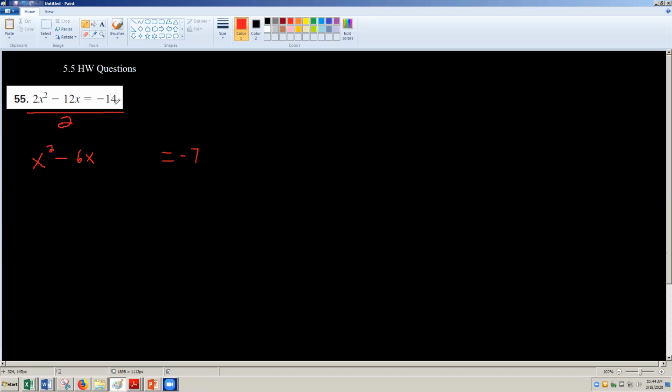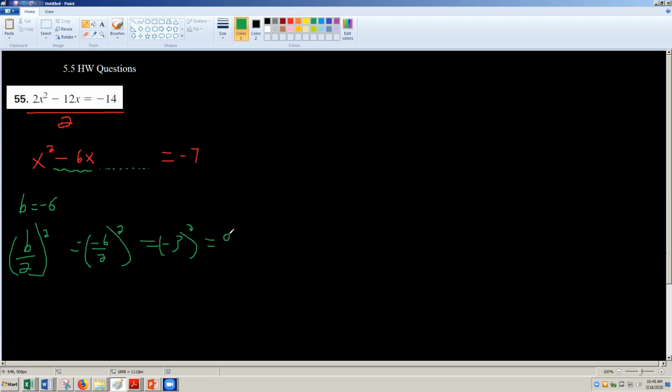I don't care about this -7 over here. If you want to bring it over and deal with it as the c value over here, you can, or if you just want to leave it on Lonely Island, that's fine as well. It really doesn't matter. My next step here is going to be to look at my equation and look at my b value. My b value here is -6. So in terms of what I want to do to complete my square, to find what I want to put here, I'm going to take my b value, divide it by 2, and I'm going to square that thing. So here I have -6 over 2, and that's being squared, which is -3